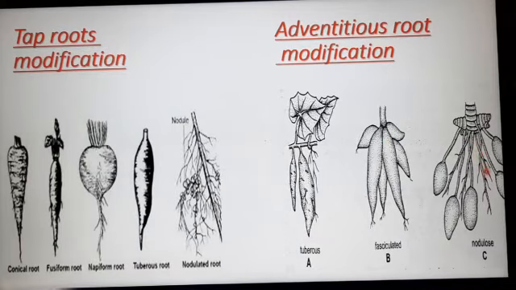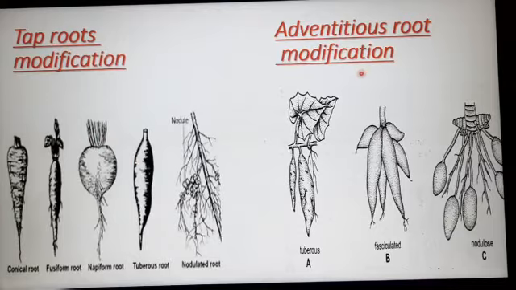Now the next one is nodulose. Actually, a cylindrical root that becomes suddenly swollen near the apex. Here you see, I am talking about the apex, the lower part here. Apex part से ये क्या है, swollen है. The example is turmeric. Cylindrical root that becomes suddenly swollen near the apex. Okay, so this is the example of taproot modification and adventitious root modification.